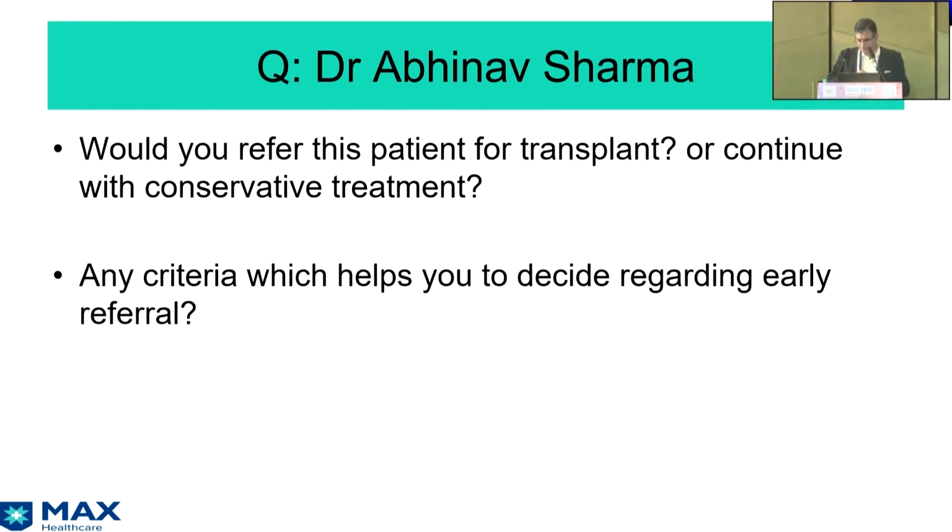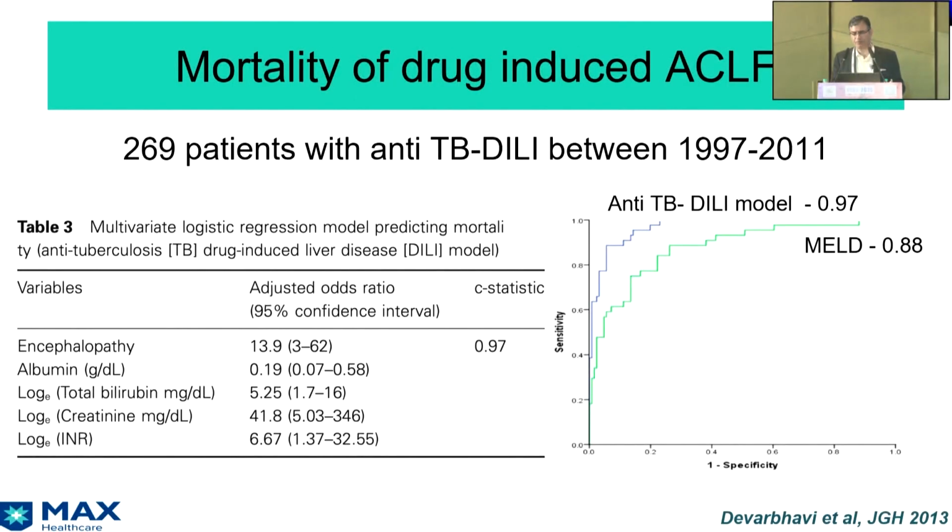Yeah, so data you showed that DILI-induced ACLF carries poor prognosis. That is one point to consider. The other thing is this patient has been long-standing diabetic with low platelet count and high creatinine. Bilirubin is high. So he is definitely on wait list for transplantation. But if encephalopathy is just grade 1 to 2, then we may try conservative treatment, monitoring him day 0, day 4, day 7. If he's improving, then he's off the list.